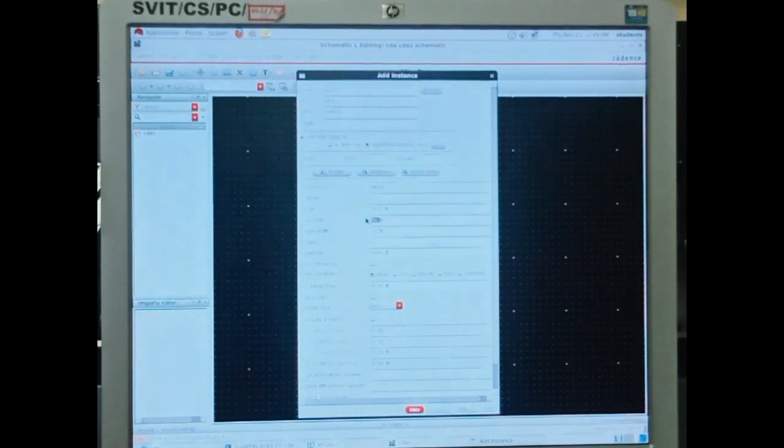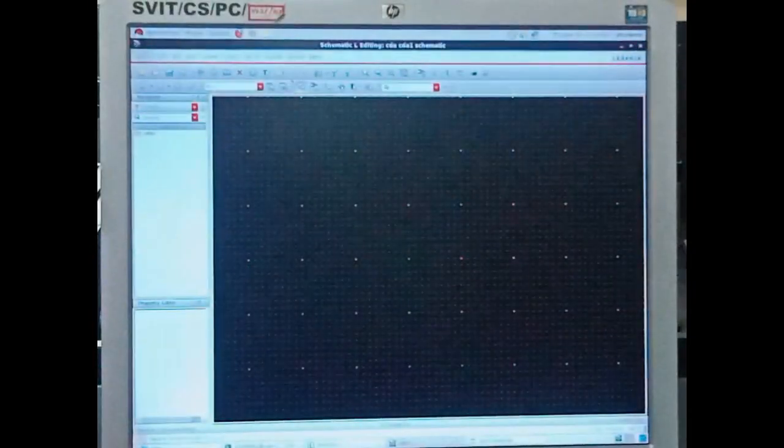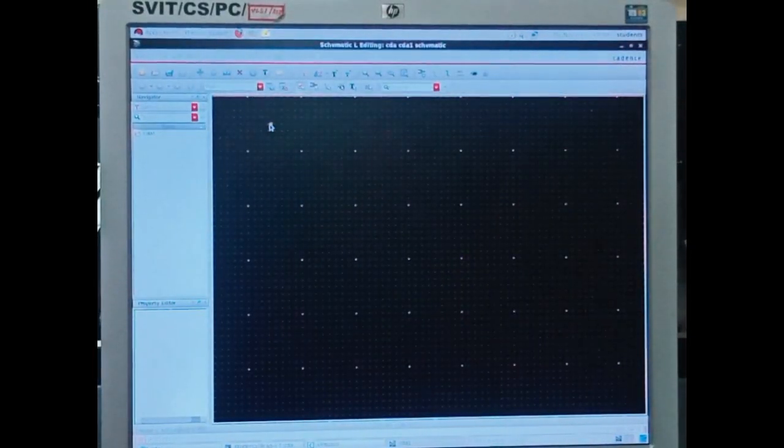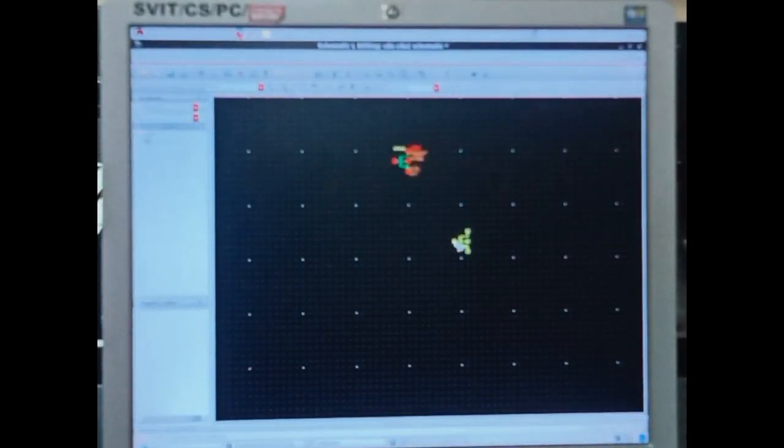One is the total width, which is 50 microns. Length is 1 micron. Hit it and place it. For the first NMOS, the body tie type is detached. Place it.